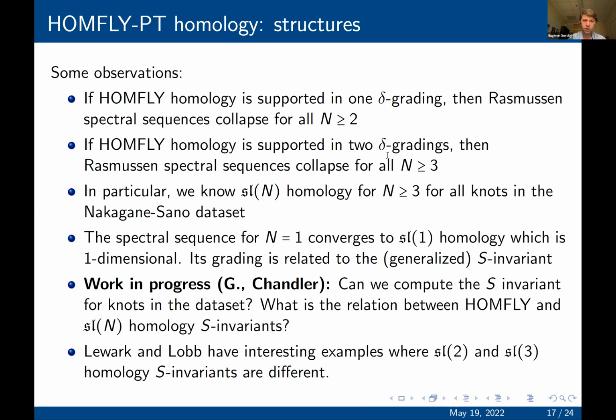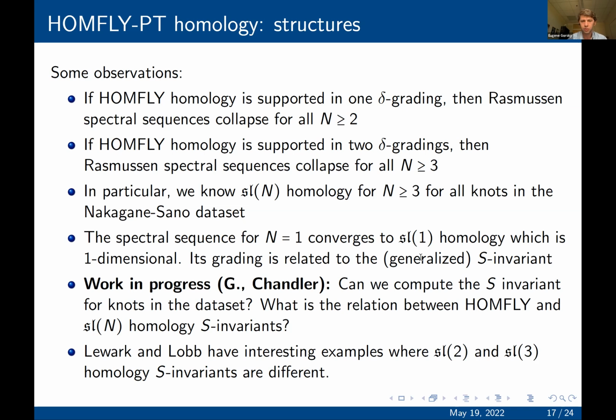And there is a special case, n is equal to 1. So n equal to 1 corresponds to so-called SL1 homology, which can be formally defined in the same way as all SLN homology, but it's actually one-dimensional for any knot. And so this spectral sequence to SL1 is very similar to the Lee spectral sequence in Khovanov homology. And in particular, the degree of this generator in this one-dimensional homology group is related to some generalization of